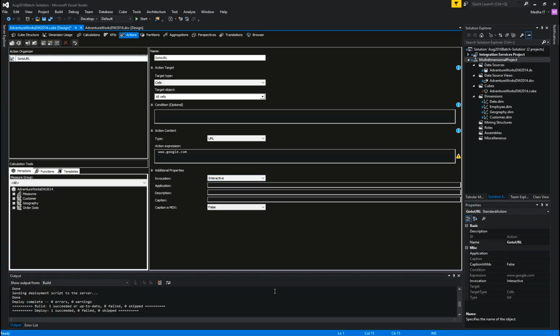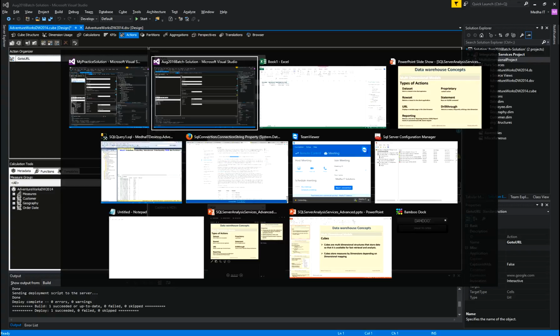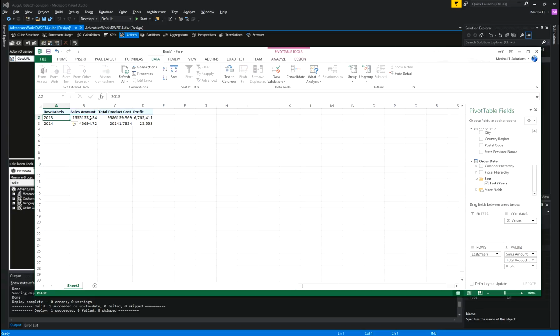So caption is MDX, false or true. If you want to specify a caption depending on an MDX expression, that means you write an MDX expression that derives a caption. For example, here, for 2013 we have sales amount. If I want to call my action name or the caption "click here for 2013 report analysis" or something,